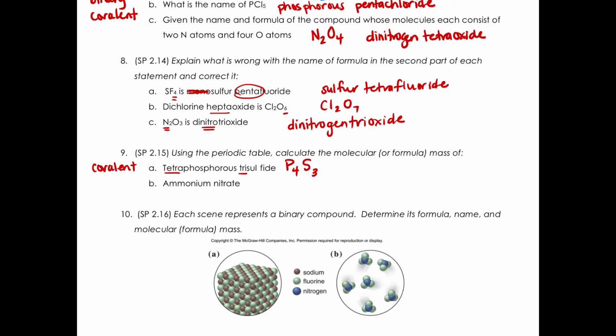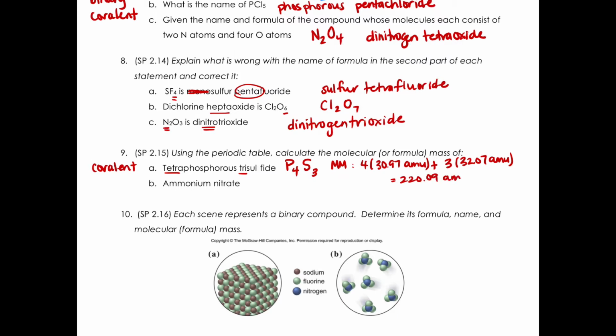So if we're figuring out, in this case, it's going to be the molecular mass, because we have a covalently bonded molecule, we're going to take 4 times the atomic mass of each phosphorus atom, which is 30.97 atomic mass units. And we're going to add that to 3 times the atomic mass of sulfur atoms, which is 32.07 atomic mass units. Add those together, and we're going to get